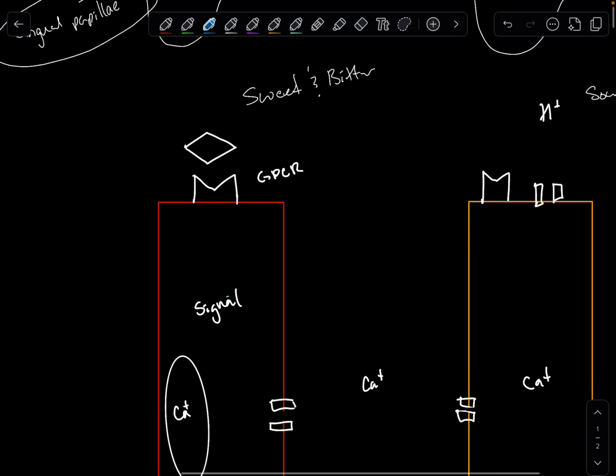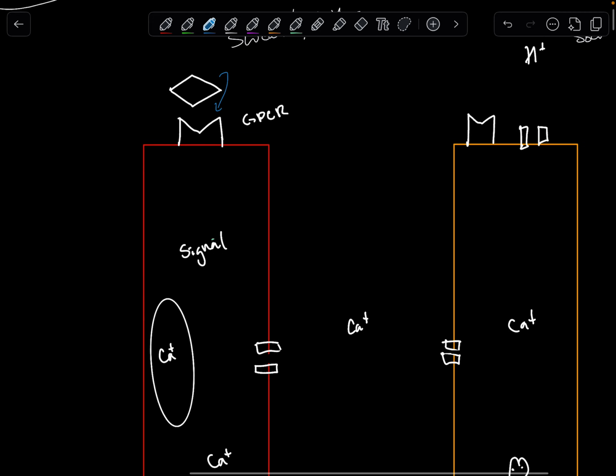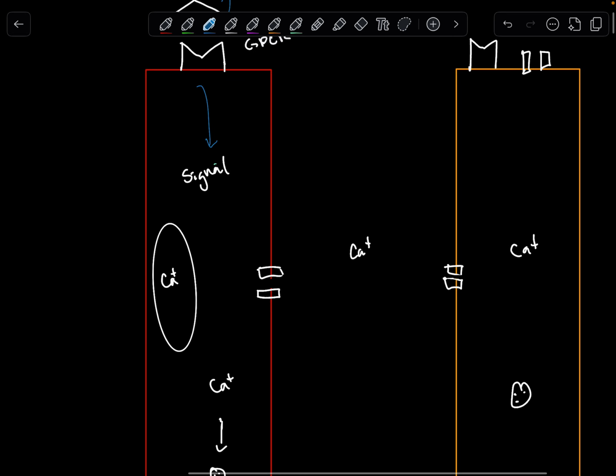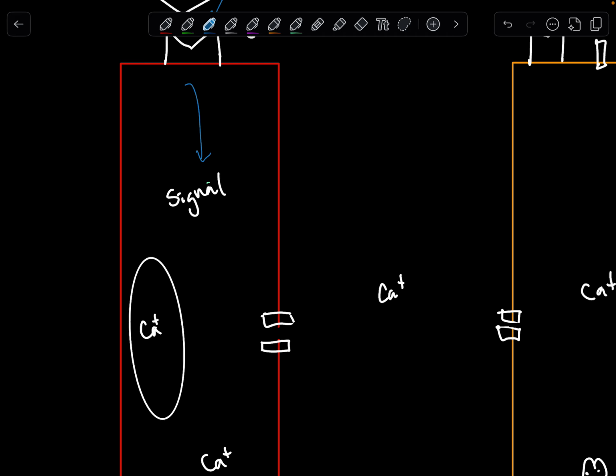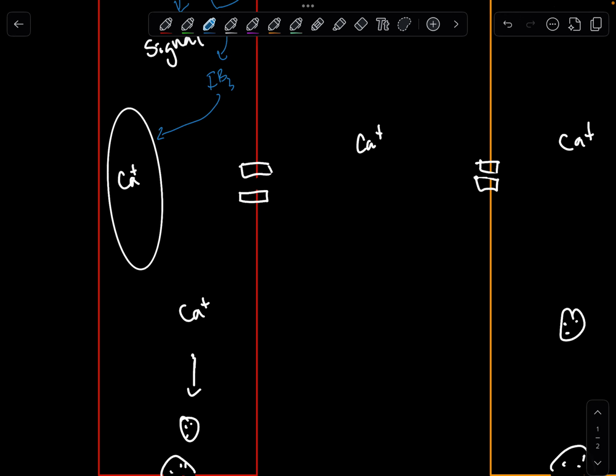Sweet and bitter, on the other hand, is a G-protein coupled receptor. So a ligand will come in, it will bind, and will produce a signal. They have a couple subunits. Alpha subunit then reacts with PLC, phospholipase C, which then releases IP3. IP3 then reacts with the sarcoplasmic reticulum, or endoplasmic reticulum, which releases calcium,